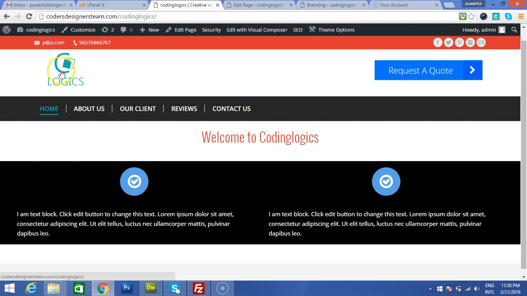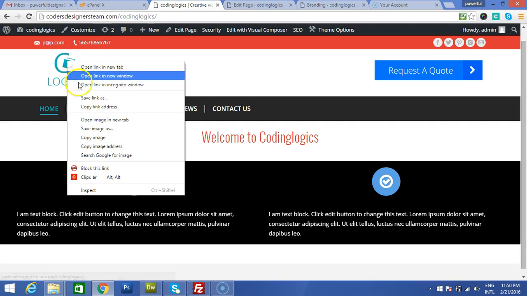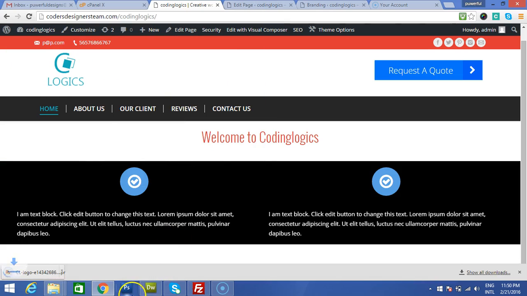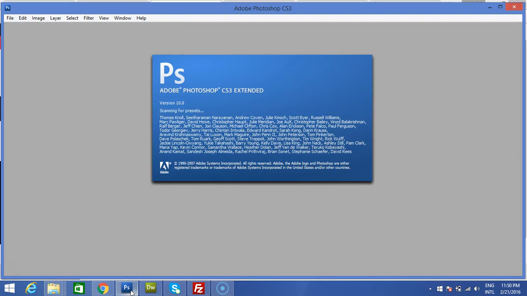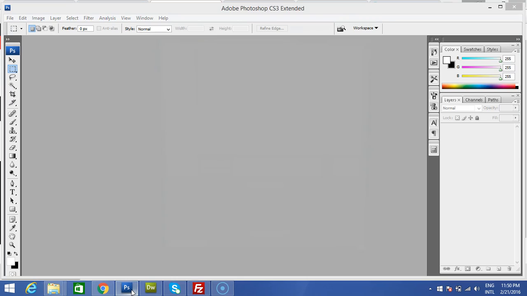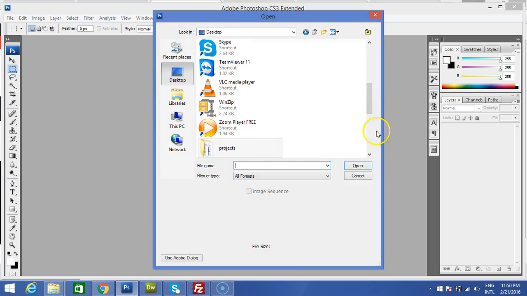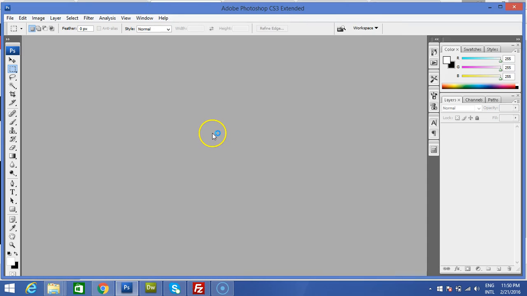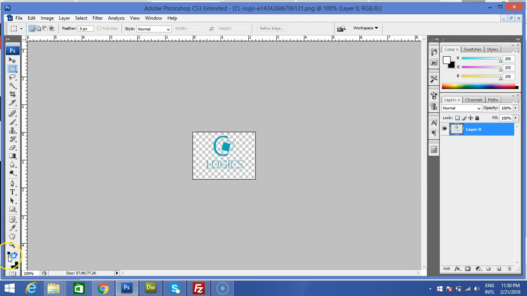For you to be able to find out the specific color code which is used here, all you need to do is just click on save image, save it here, like open Photoshop, and then open the file, browse to this section here. Okay, open the logo. So once the logo is here, you need to